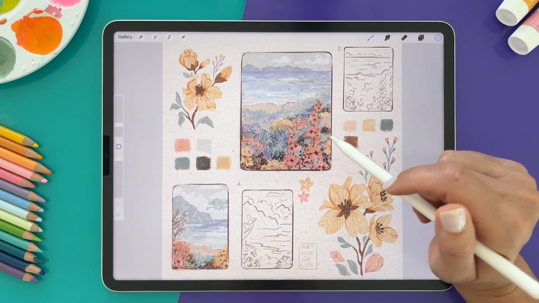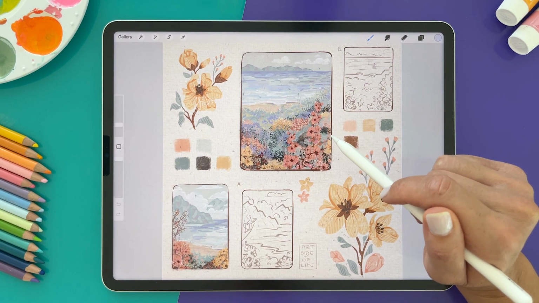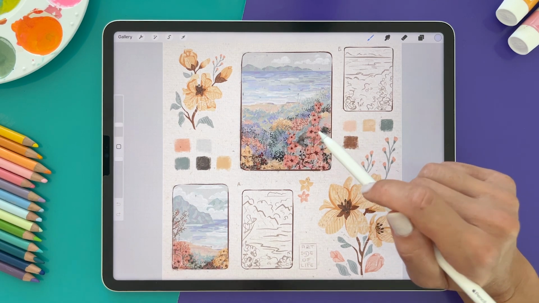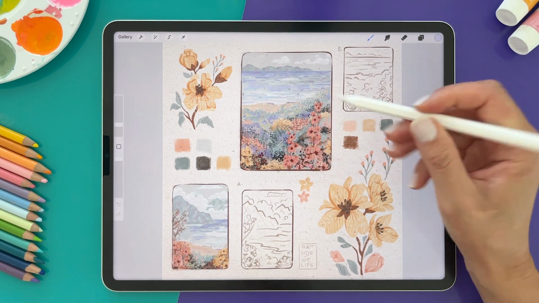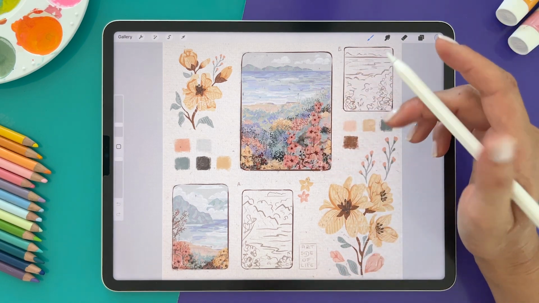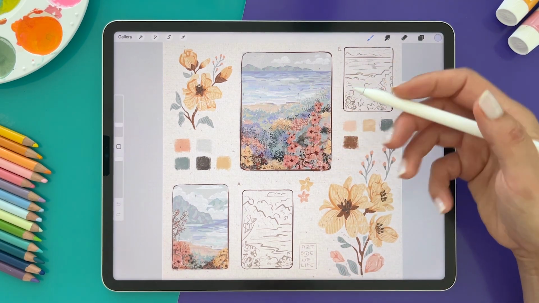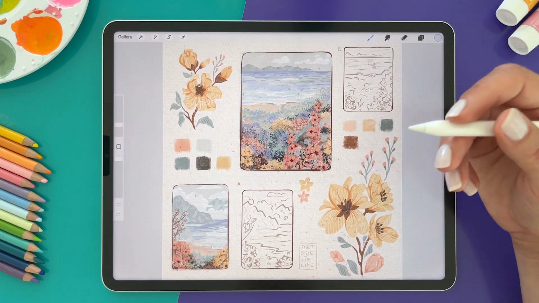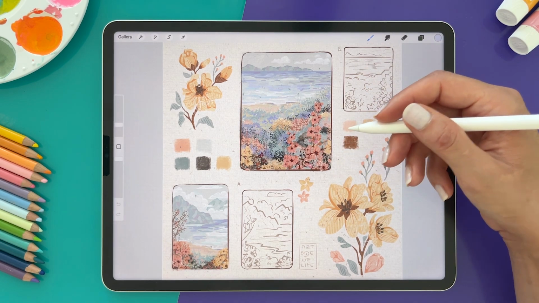I made this one a while ago, where I was really enjoying using pastel colors, as you can see in this color palette. So it's softer and less contrasting artwork, but it was definitely interesting to make. And this was one of the